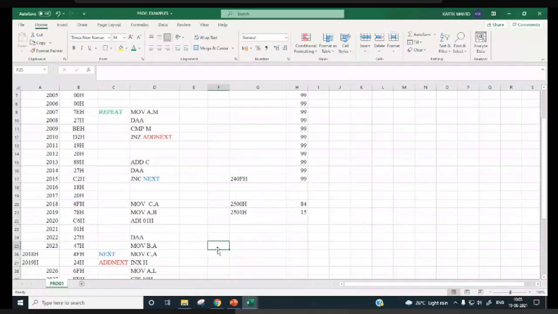Here I am writing INR B. It will come here. This is for INR B, for that we have written these 4 instructions, so that counting will be done in BCD.